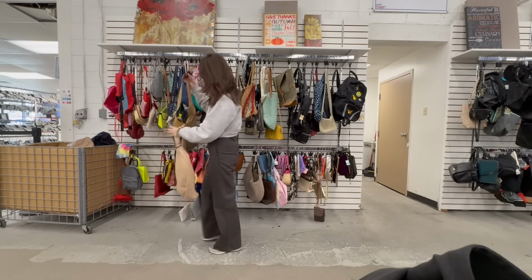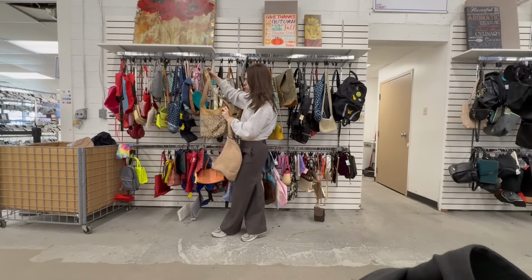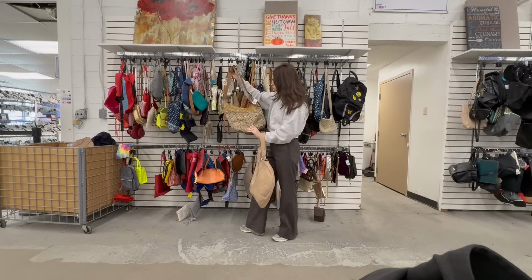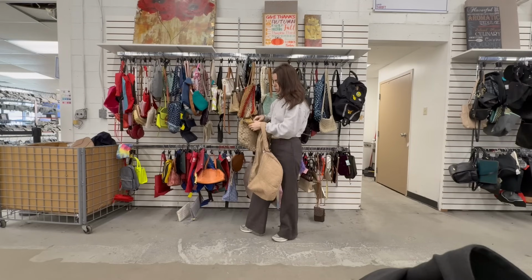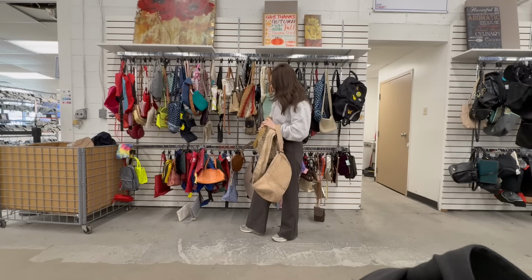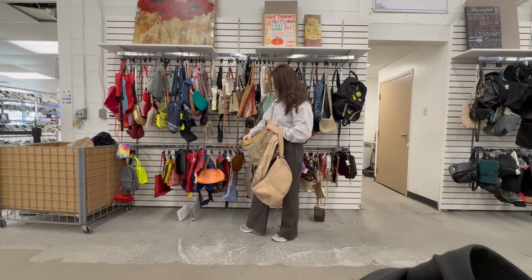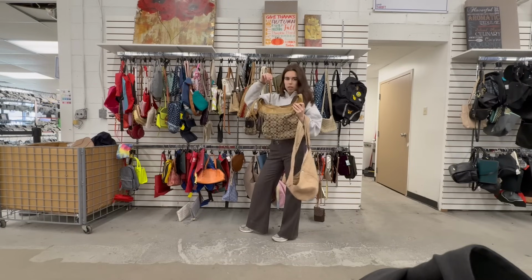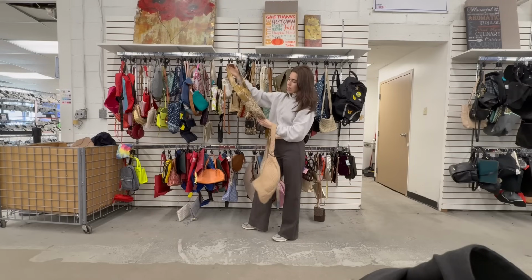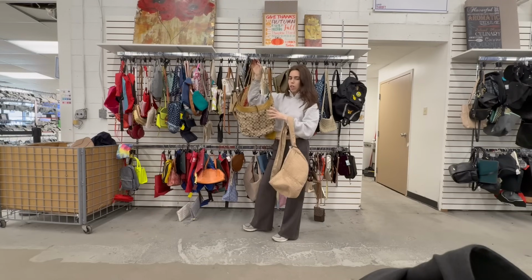Checking out the bags of this Coach hobo bag that could totally also be worn crossbody. Oh, they know. They marked it as $30. That is really cool though. It has real numbers. I mean, it seems like it's real, but the quality doesn't feel great, which is maybe just because it's from the 2000s, I don't know. I love this little tassel, the big buckle, and I don't think I've seen any Coach monogrammed